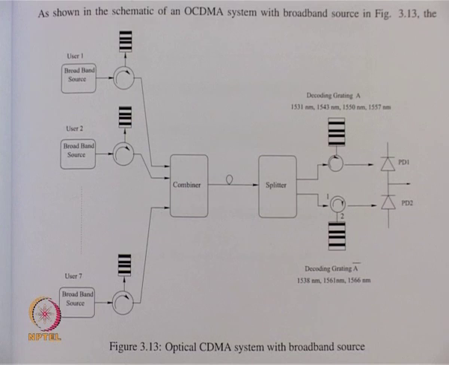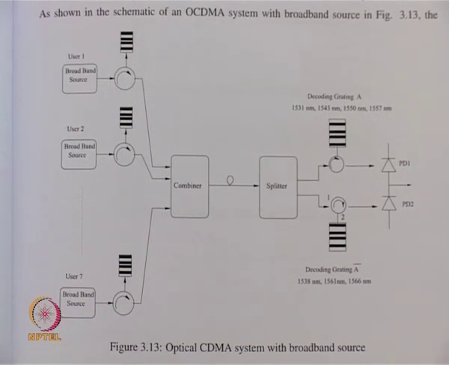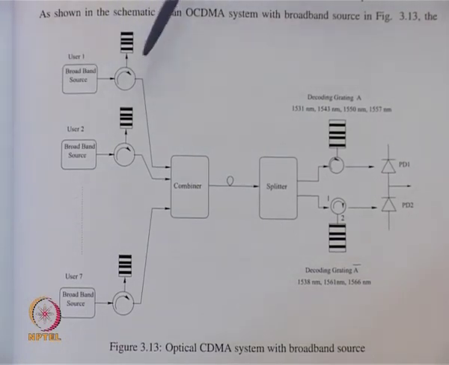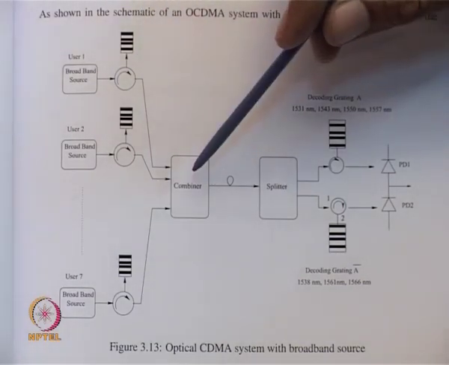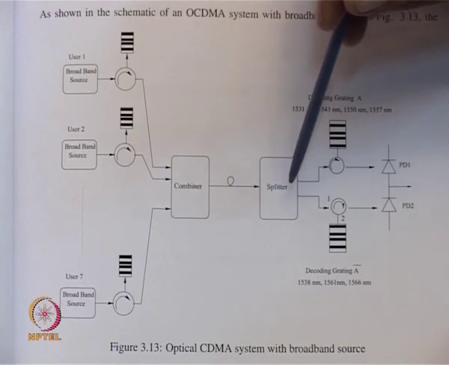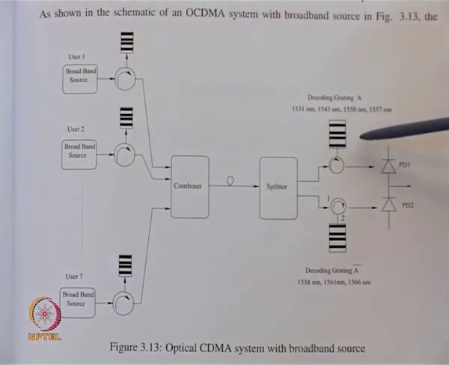It consists of user 1, user 2, user 3, user 4, etc., up to user 7. Each user consists of a broadband source, an optical circulator, and a series of gratings connected to circulators to get the output of a grating. Signals are combined by a combiner, a power combiner. A splitter is used